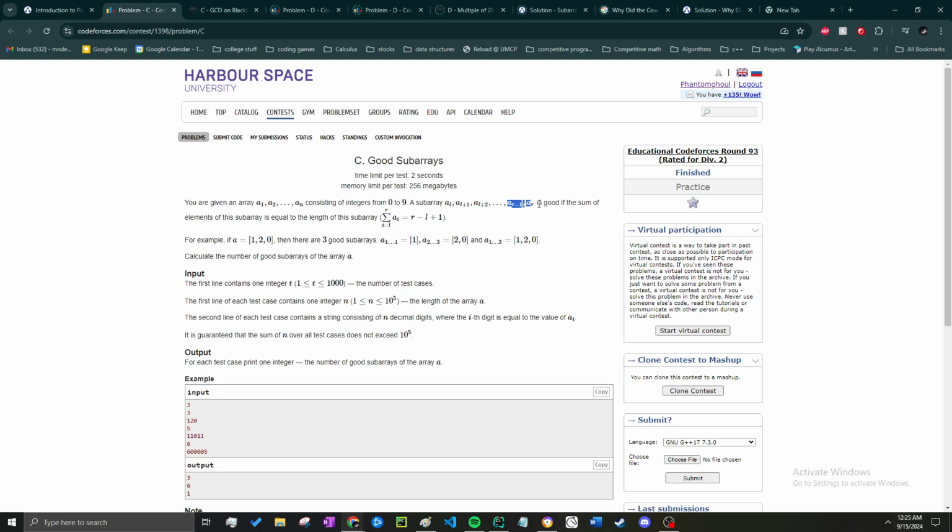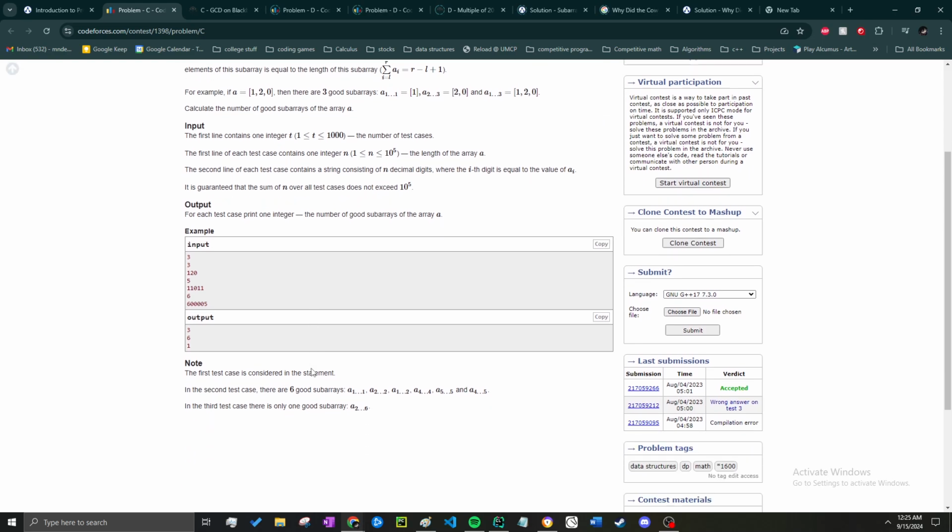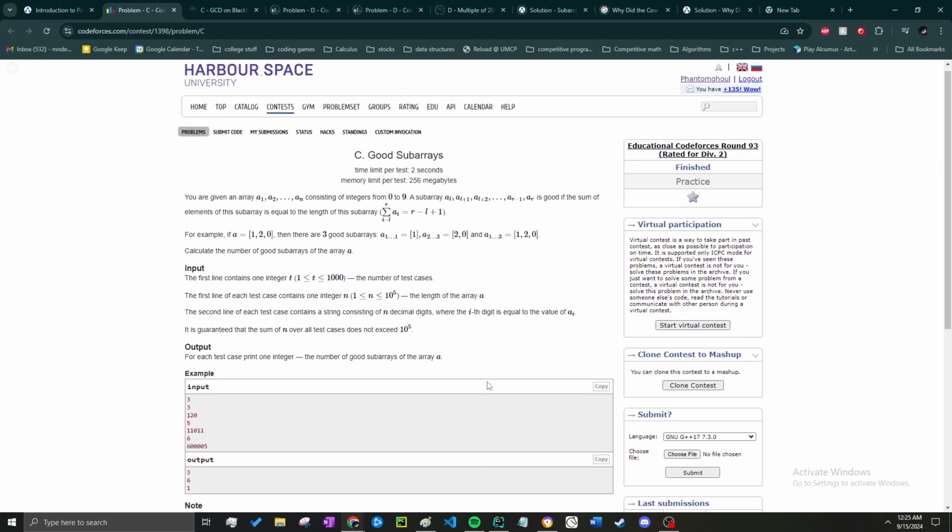It's 12:25. I gotta be fast. It's good if the sum of the elements of this subarray is equal to the length of this subarray. So yeah, I guess it would be 4 in that case. Even says it here actually. So the one I explained: 1 1, 2 2, 3 4 4, 5 5, and then 1 2, then 4 5. Yeah, absolutely. Okay.